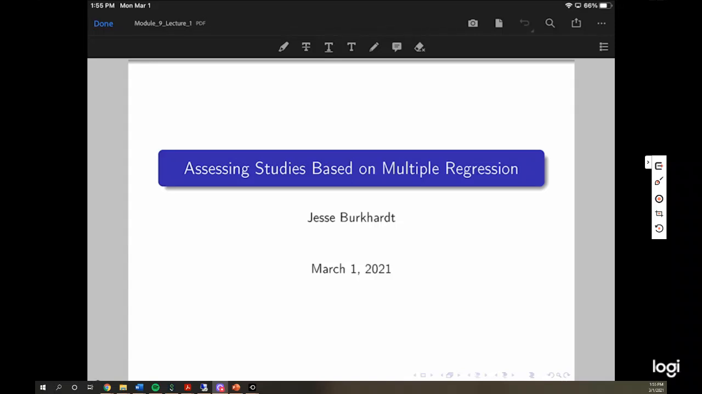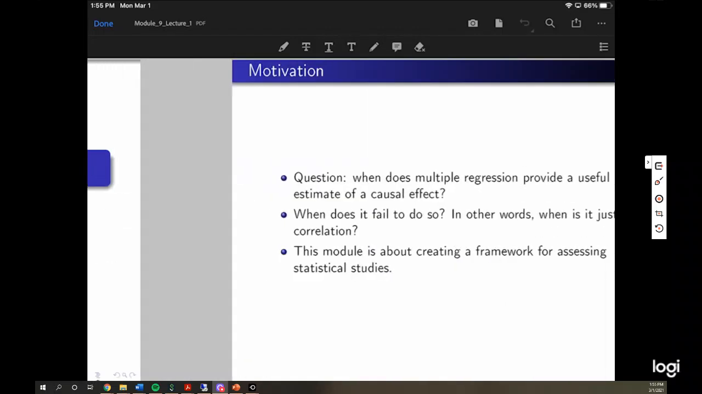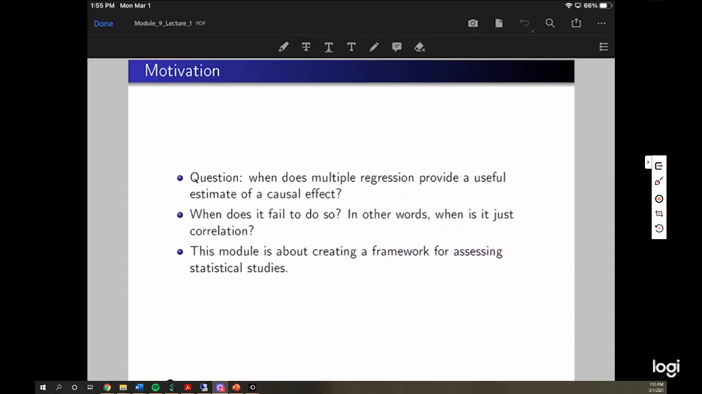This is the intro to Module 9, assessing studies based on multiple regression. So now we're going to put it all together. This is wrapping everything up. Once we've done a bunch of analyses, or somebody else has done some bunch of analyses, how do we evaluate them? So the main question we're asking here is, when does multiple regression provide a useful estimate of a causal